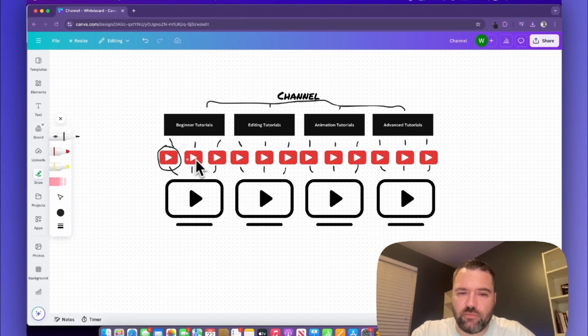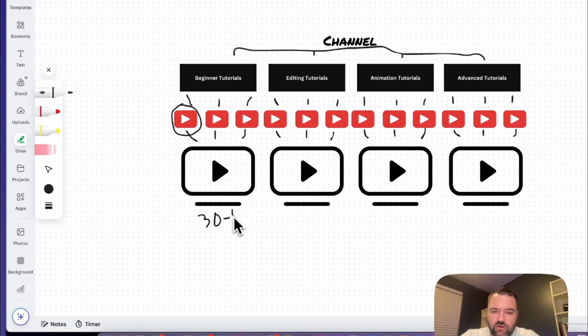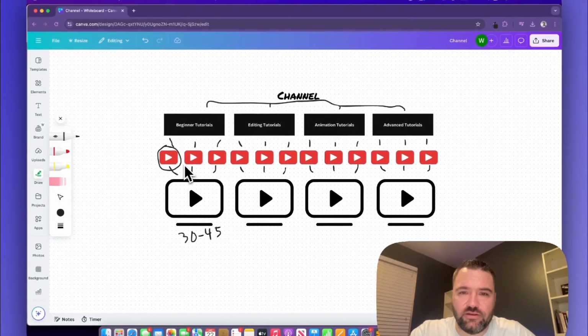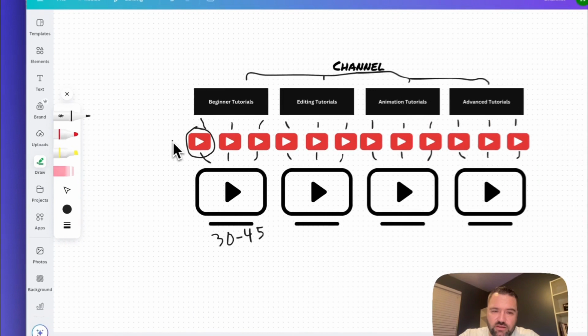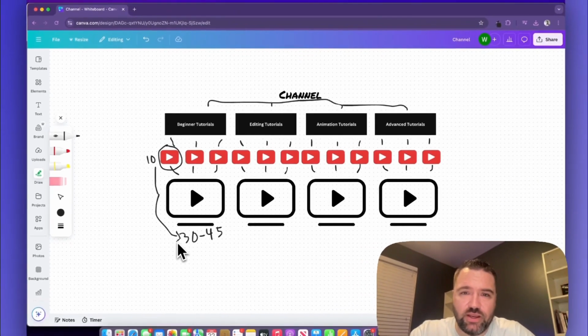And if we do a good job up here with our top level videos, drawing in interest and making them very related to our pillar content down here, well, then it makes a lot of sense for the viewer to strategically go to this because now they want more. Now they want the more in-depth guide now that they got a taste. And remember, these videos down here are at least 30 to 45-minute deep dives. And guess what that does? They watch a 10-minute video up here and they come down here and they watch a 30 to 45-minute video, which now we got the session time up.